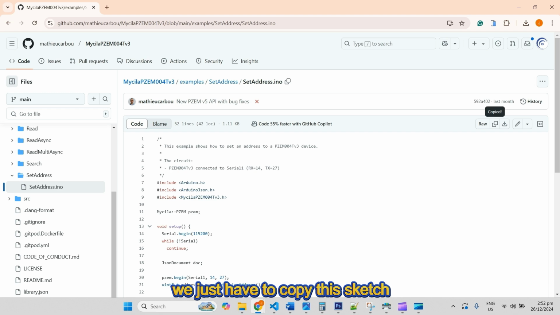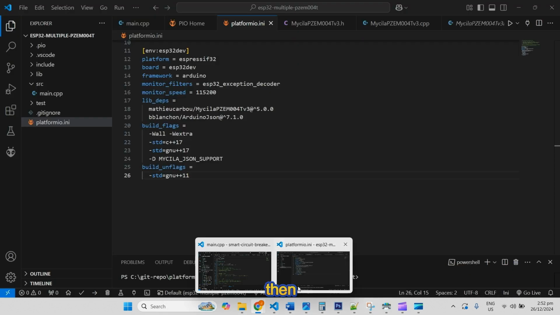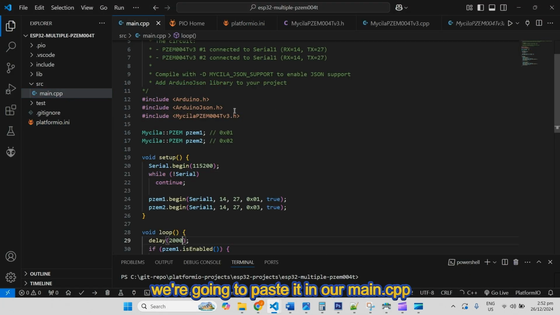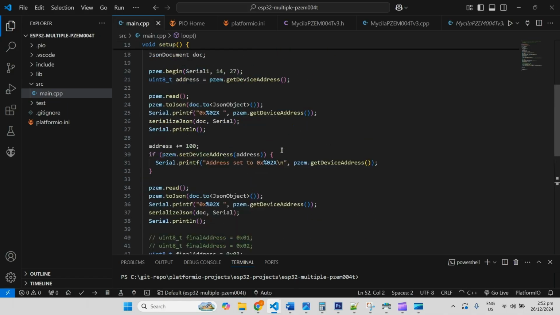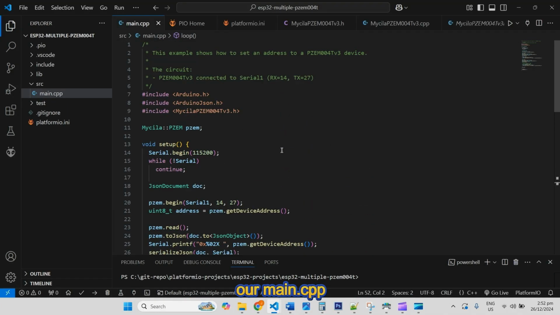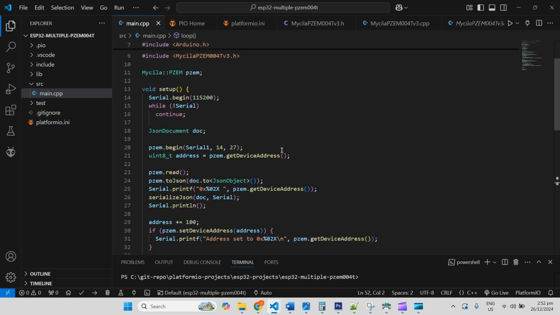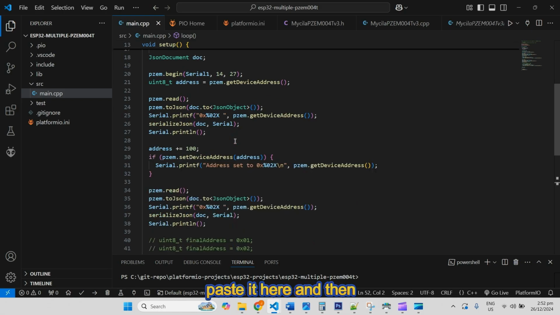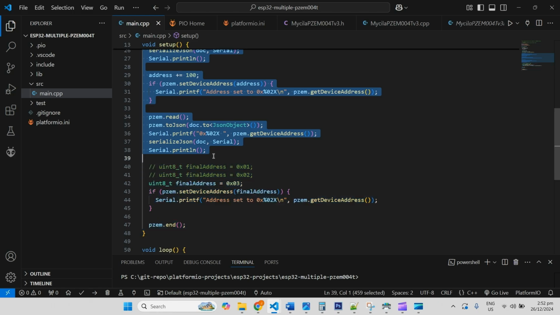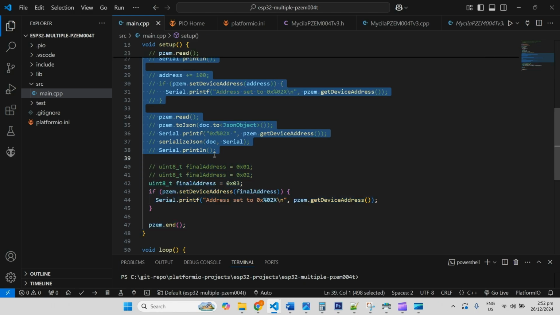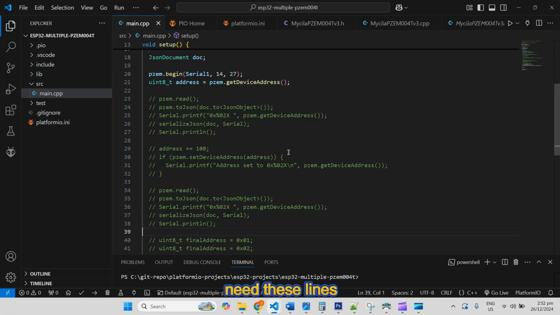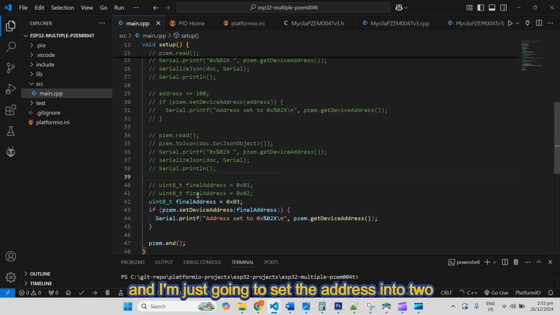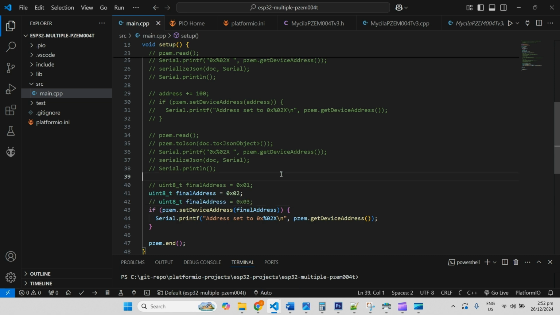We just have to copy this sketch, and then paste it in our main.cpp. What I'm actually doing is just commenting out this line since I am not going to need these lines, and I'm just going to set the address to 0x02.